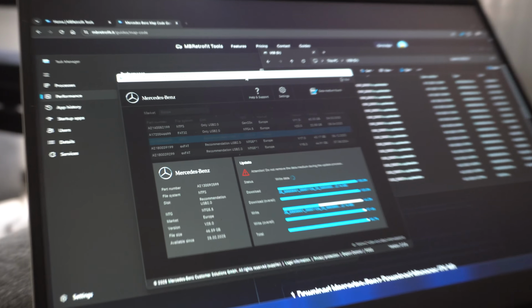And if you don't have good Wi-Fi in your car, feel free to go back inside to a good Wi-Fi connection, as this is a big update, usually around 40 to 60 gigabytes.